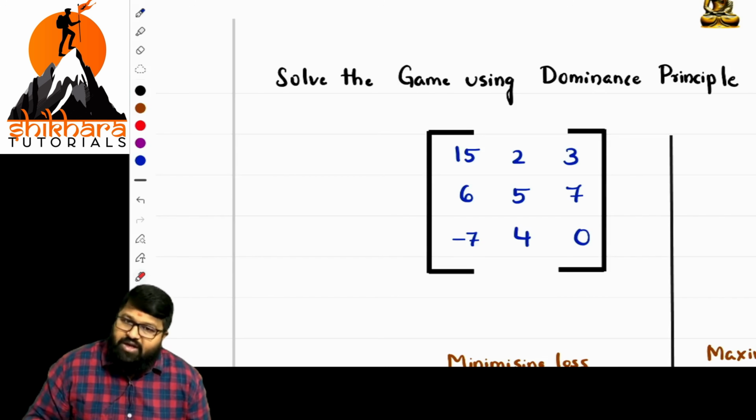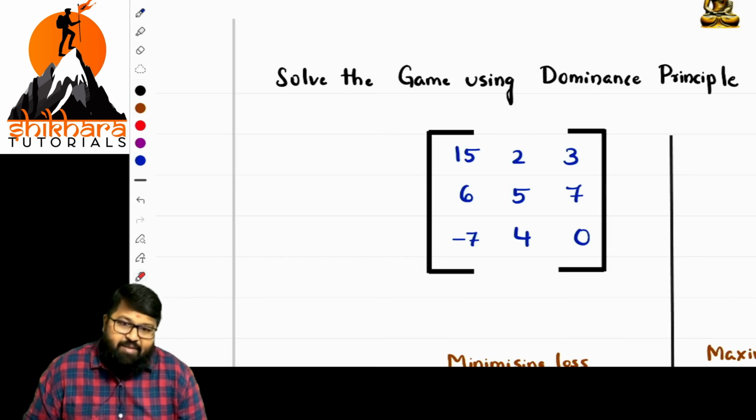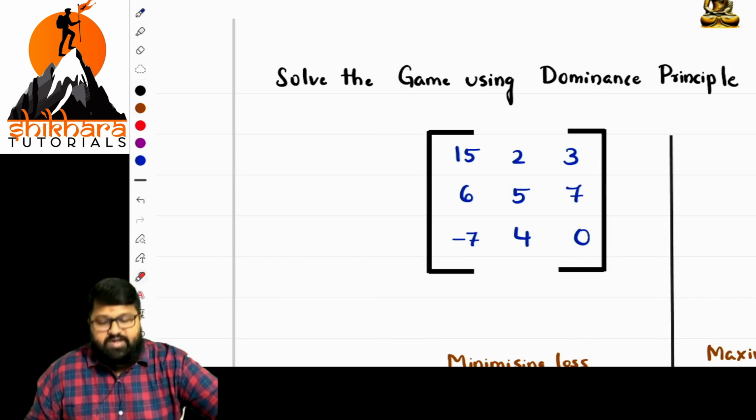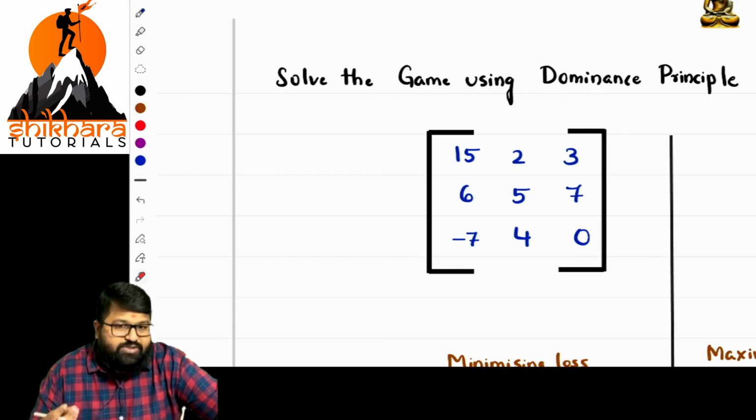Then we go to the saddle point. If the saddle point is not reached, then we go for the odds method. Am I clear? If I am clear, pause the video and solve this problem once, as we have done earlier. Before that, I'll explain the summary points so that you know how to do it.